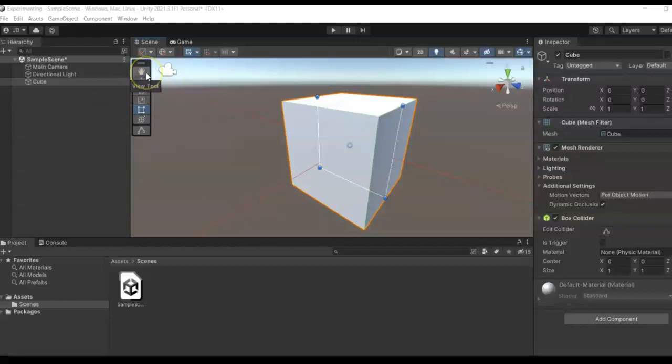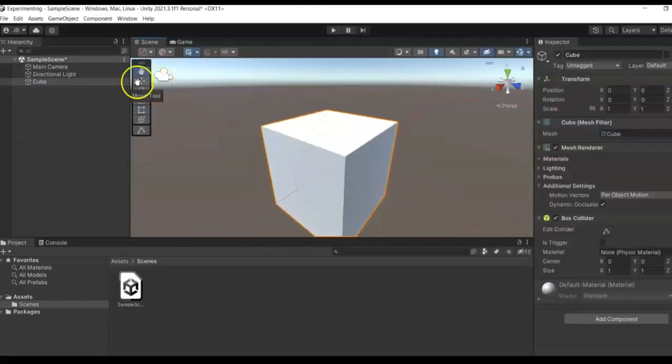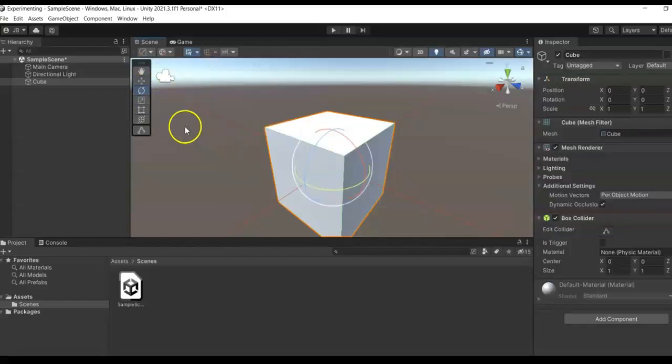So for example, the view tool is Q on our keyboard, like that. And then the move tool is W. The rotate tool is E. The scale tool is on R. And the last one is the rect tool, the T. So for example, if you hit W